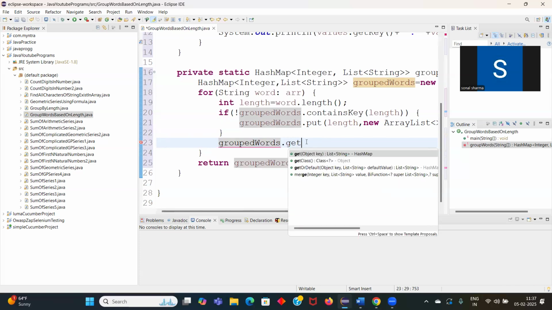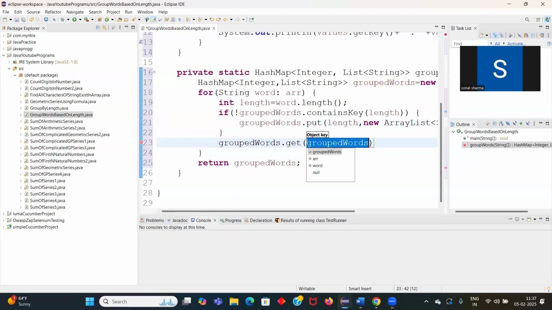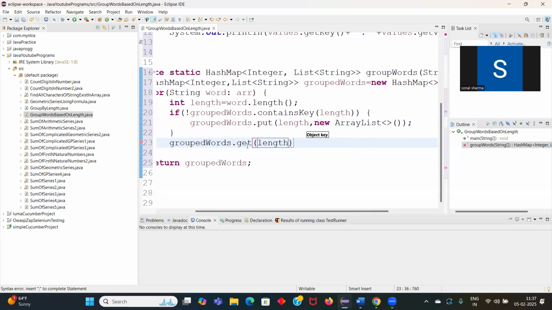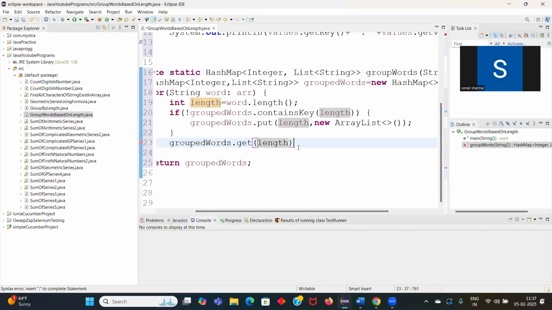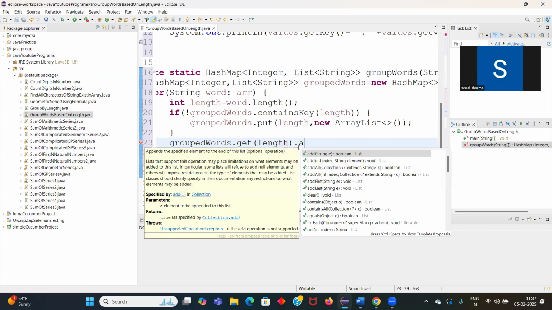Okay, groupWords.get(key). Key is my length. So if I do groupWords.get(length), what will it return? It will return the value associated with this key. The value associated with 3 is an empty array. In that empty array, I will add